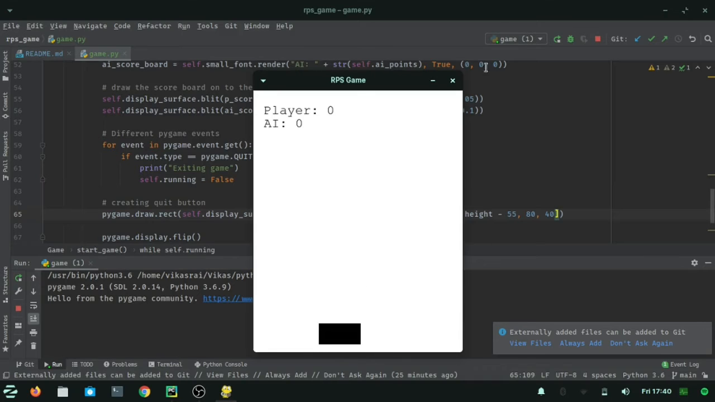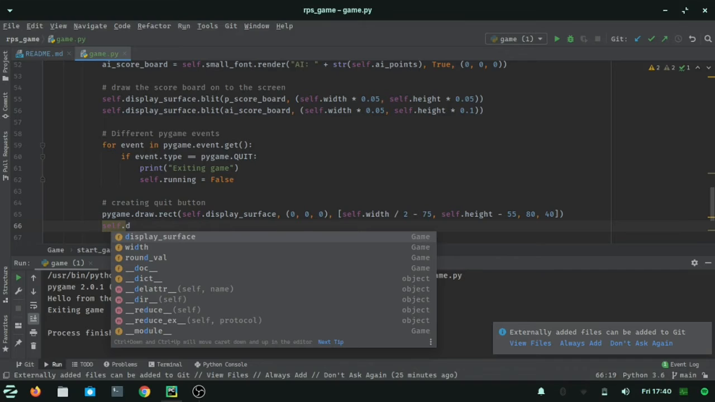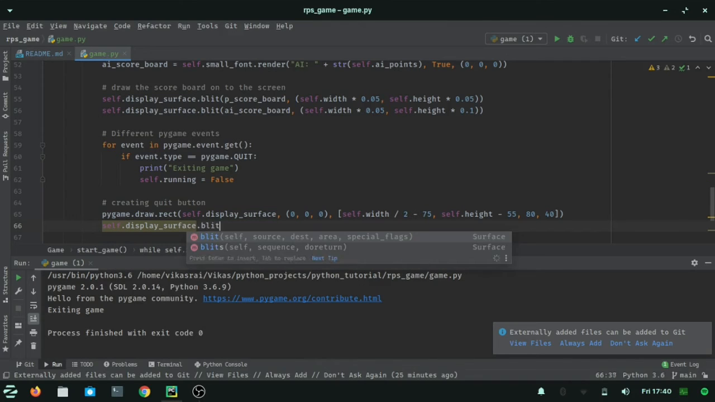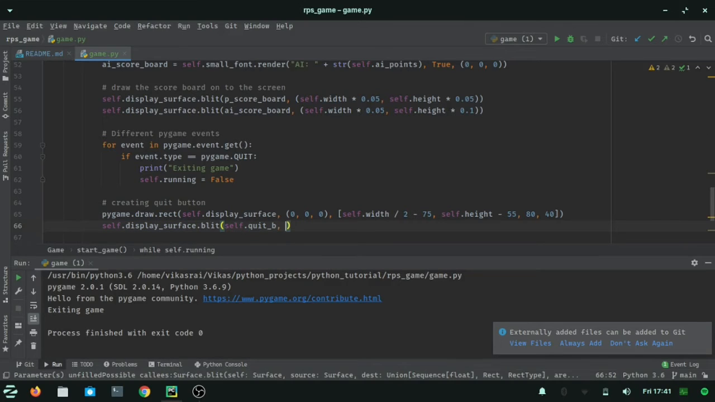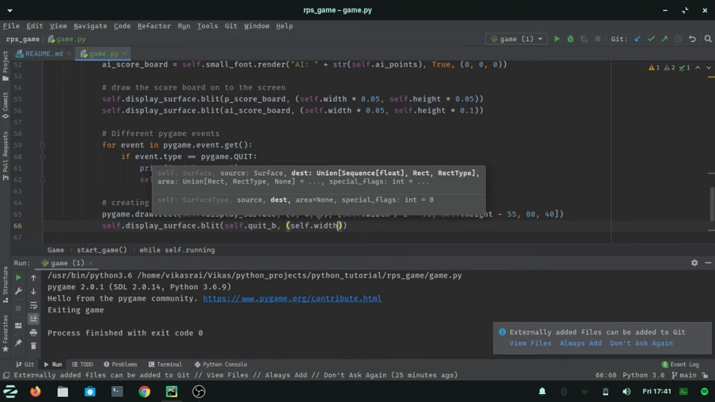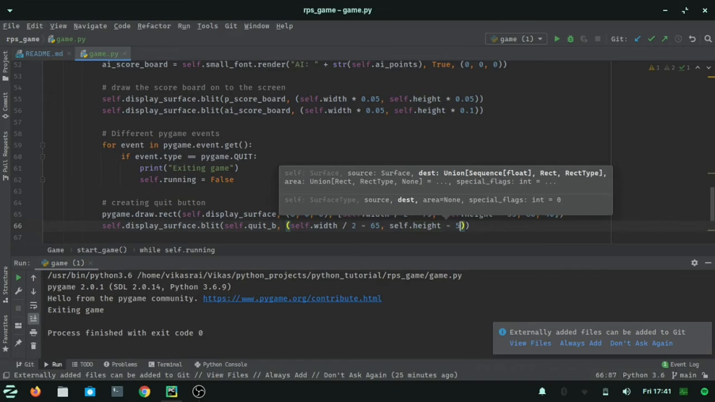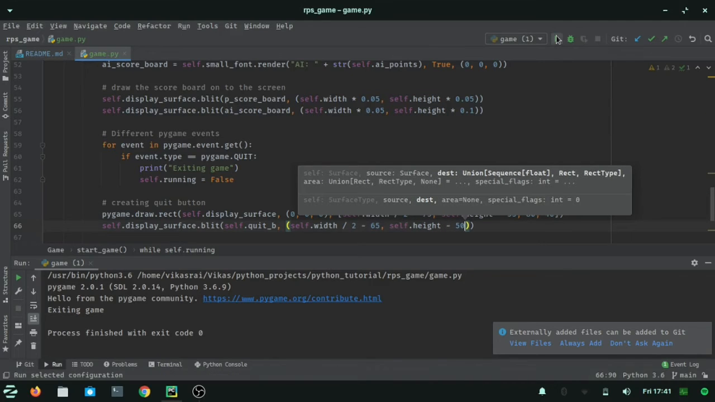So it's not working right now because we have not implemented any functionality for that. So now what we need to create is we need to display the quit button that we have already created. So for that we are going to blit self.quit button that we have created, and now we need to specify where we want to set it. So now the value will be self.width divided by 2. These are some values that I have done, so you can just copy it. So now if I just run it over here,